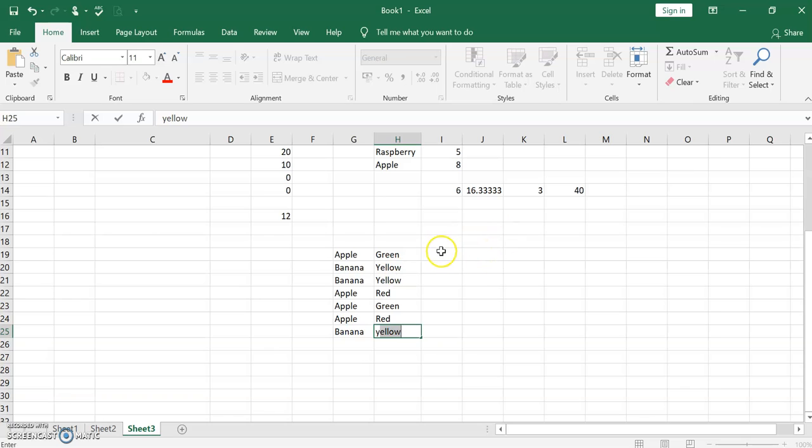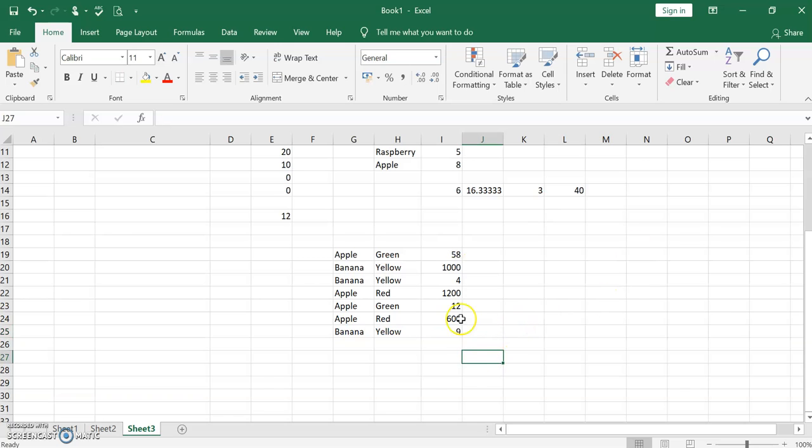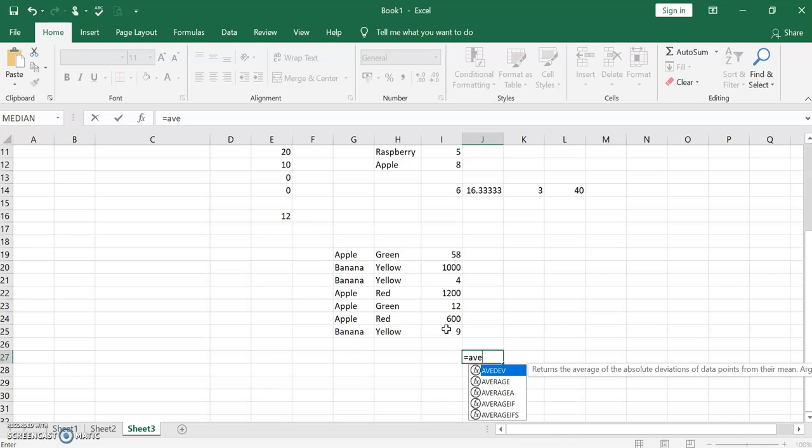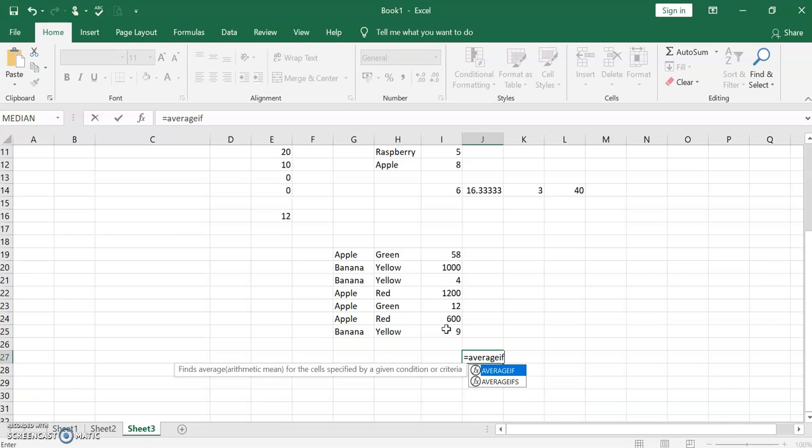So I have two characters, and I have maybe a stock or maybe the sales that happen. I do not know what actually the ranges are, but I'm giving some values because I'm just going to find out the average only. It is only the criteria that I am going to set. Right now, I'm just going to pair up this range and this range. So you know that for multiple criteria you need to have average ifs, right? We know we use average ifs. So average ifs, you do it.